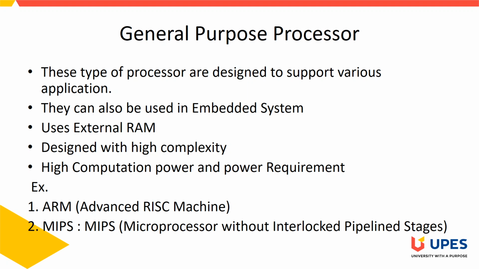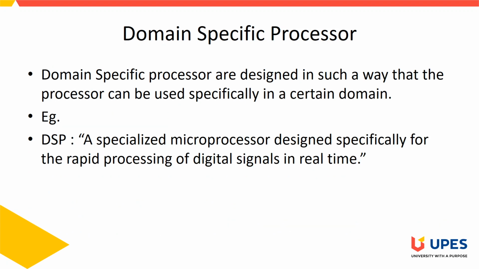Examples we have already discussed about ARM. ARM stands for advanced RISC machine. This is a RISC architecture that supports a very high level of parallelism, and the MIPS is very high. In the case of MIPS, this stands for million instructions per second. Now talking about the second example, MIPS is microprocessor with interlocked pipelining stages. This is again a superscalar architecture processor. That is a general purpose processor, but it can also be used in micro embedded systems.